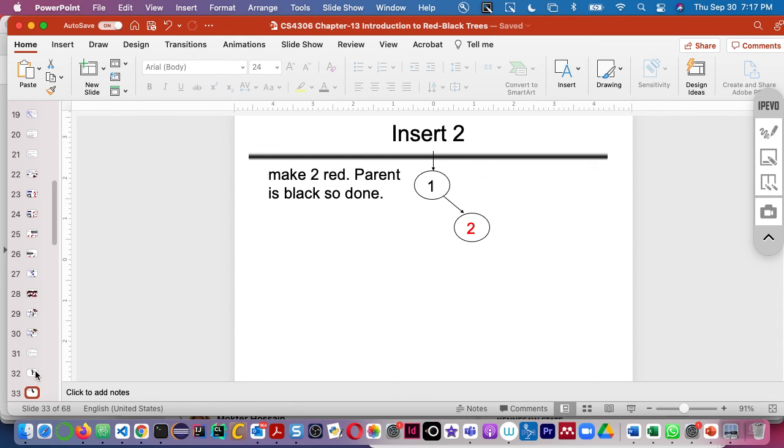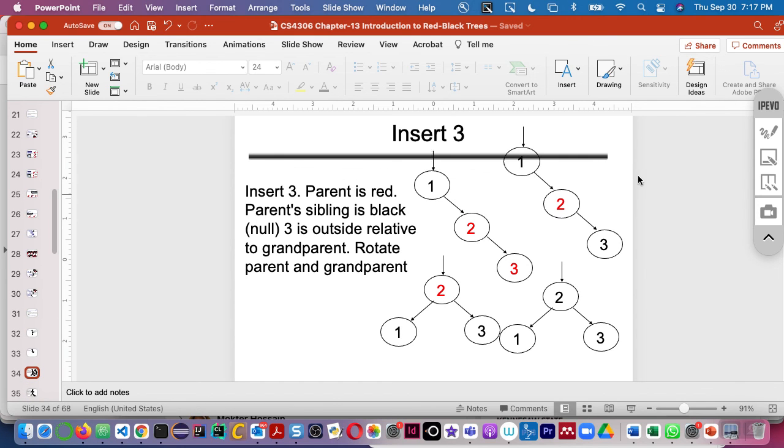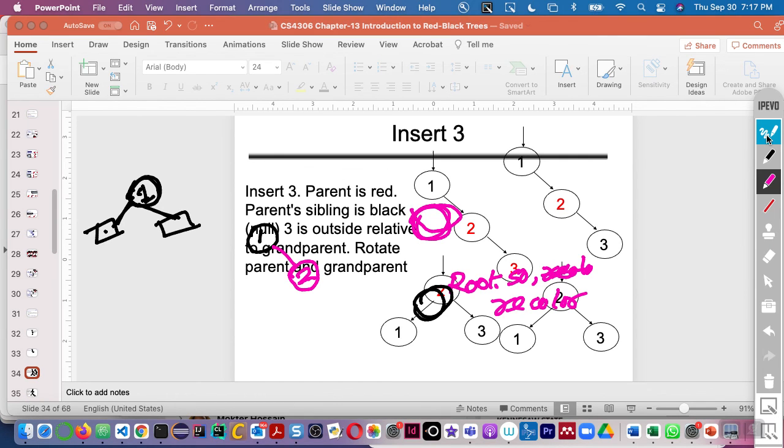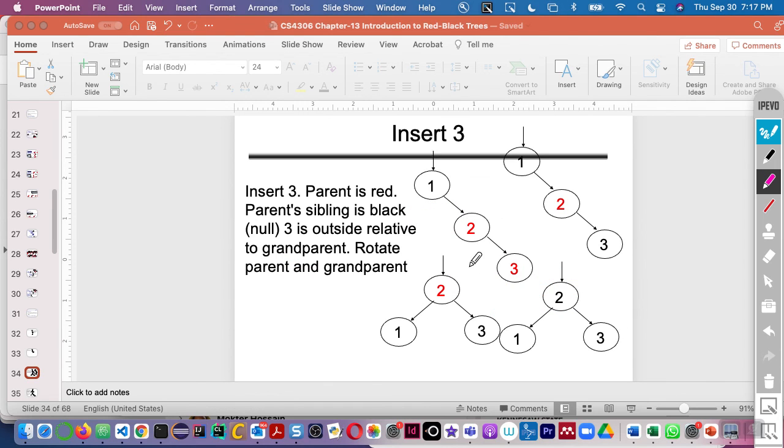So then it's okay, right? Everything is okay. All conditions are met, right? Now let us get another number 3. So we got another number 3. Okay, so then 3 will go to the right side of 2,